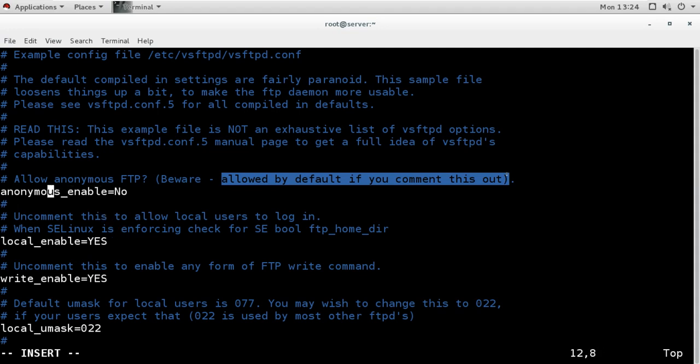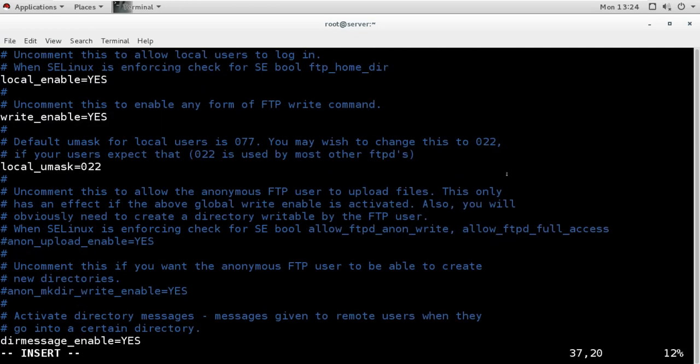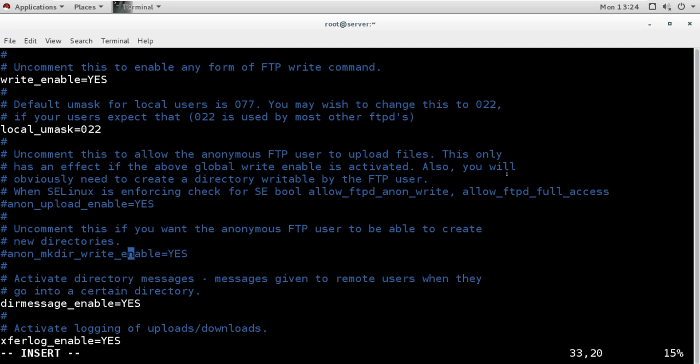to no. There are other settings like this local_enable. This allows the local users to log in. Then it is saying write_enable yes. This allows the normal users to write, that means upload files. Then we have here this setting local_umask. Now local_umask means what? 022.